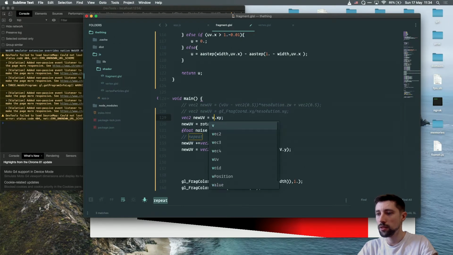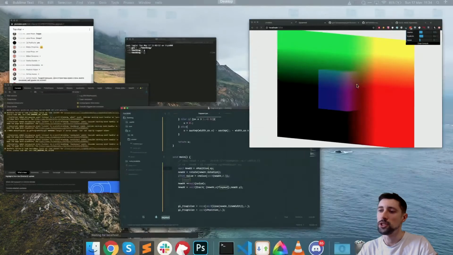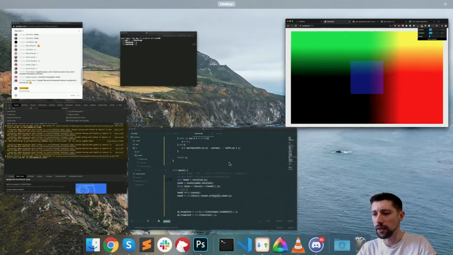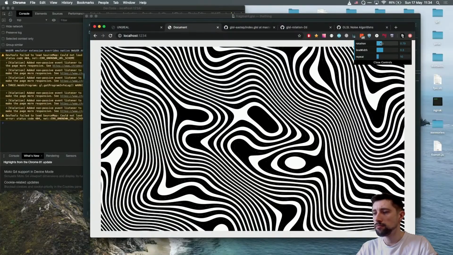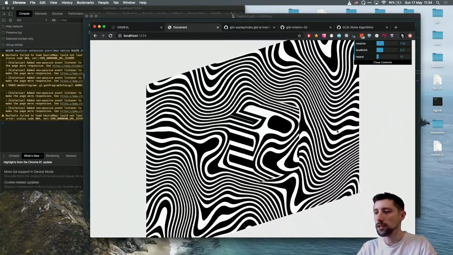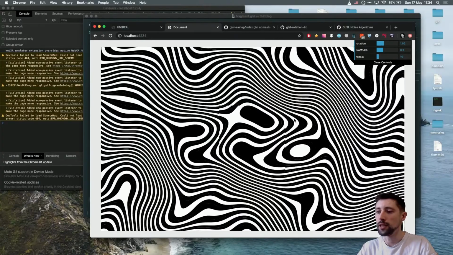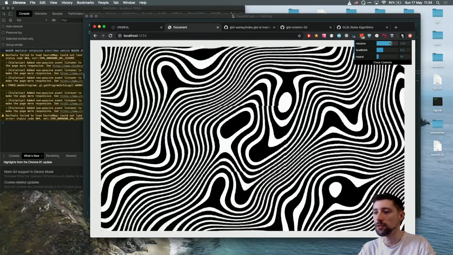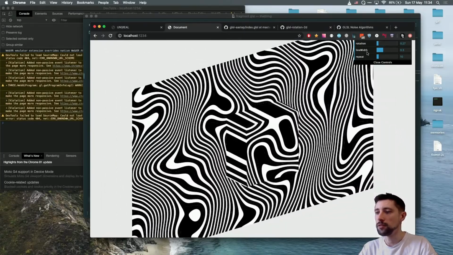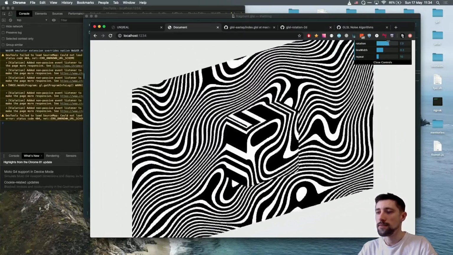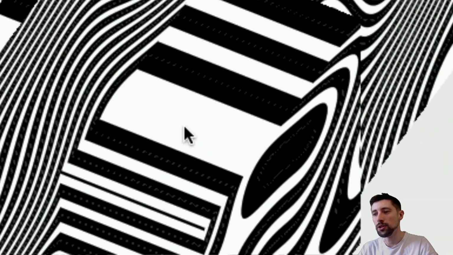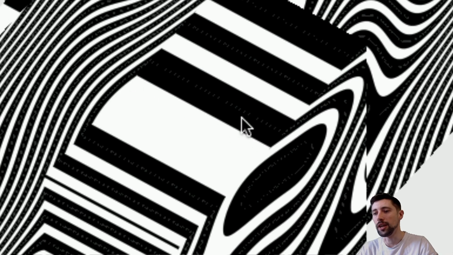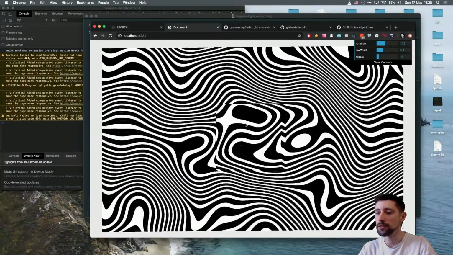So just use vPosition Y. Yeah, and I need to comment. And it's starting to look good. From this angle you don't see anything, but you can even rotate this whole thing. There's one small thing though, this noise is just straight lines when it's getting to the bottom. I don't like it, but